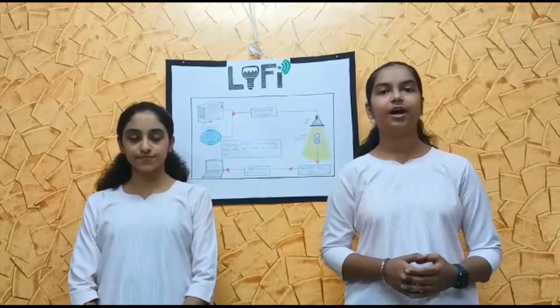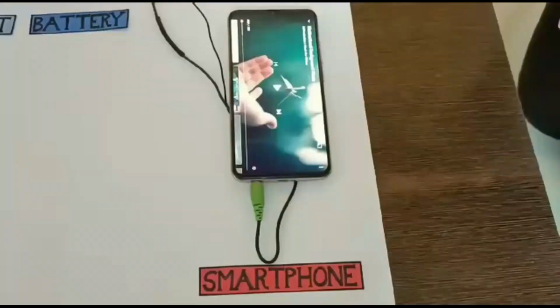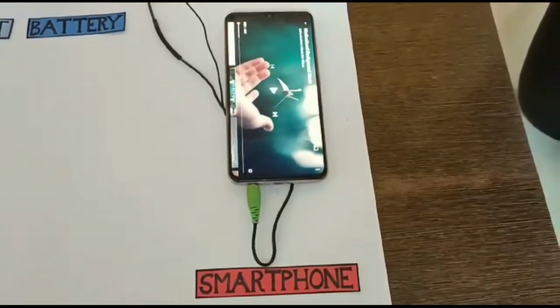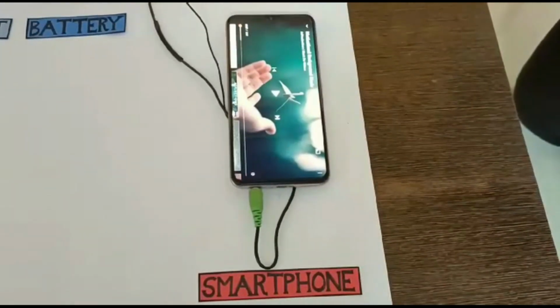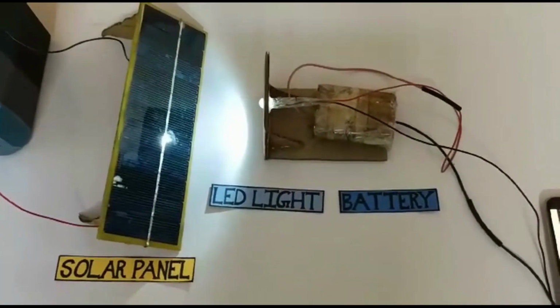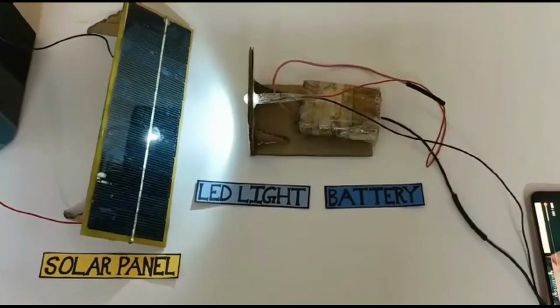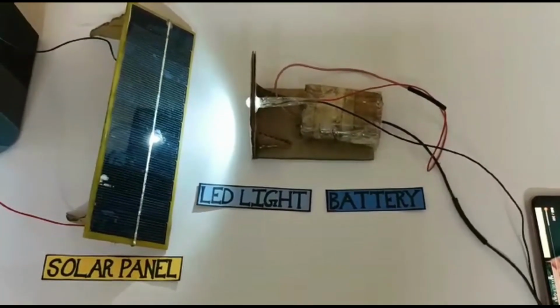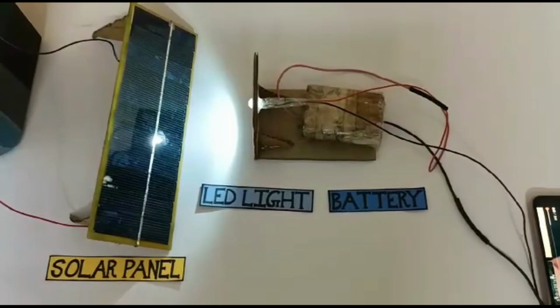Let us now see how it actually works. Here with the help of a mobile, we will input the data into the battery. Through the battery, when a constant current is applied to the LED light, tiny particles of energy called photons are released, which we see as visible light.